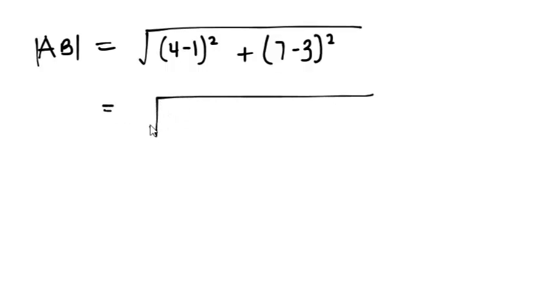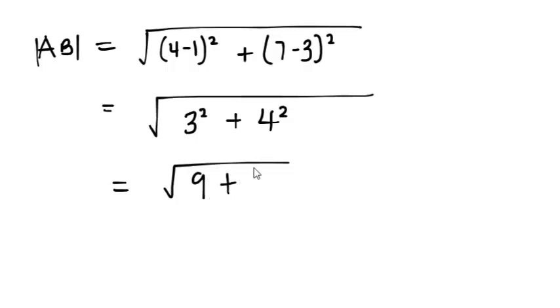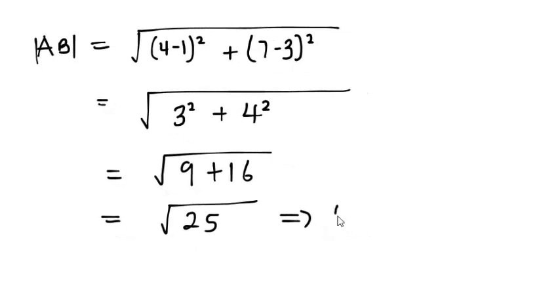So we have 4 minus 1 is 3 squared plus 7 minus 3 is 4 squared. Using our calculator, 3 squared is 9 plus 4 squared, which is 16. That is 25. So the square root of 25 is what? I finished. Therefore,